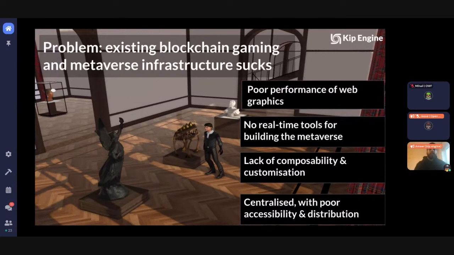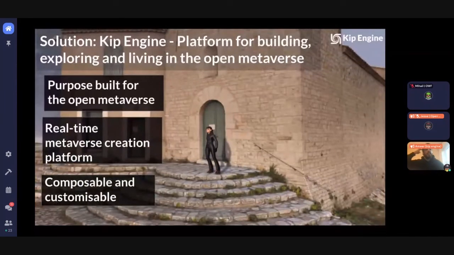And then when it comes to the lack of composability and customization, game objects can be reused, and they can be upgraded for more fun gameplay. New features can be added so they can have more longevity for a game. And each game is just different. The NFT that you might come out with or an object from that game might not be used in another game system because there are no standards for them. So you need to have standards for the items to make sense in each of the different games. That's one of the problems that we'd be tackling. So the solution is, this is purpose built for the open metaverse.